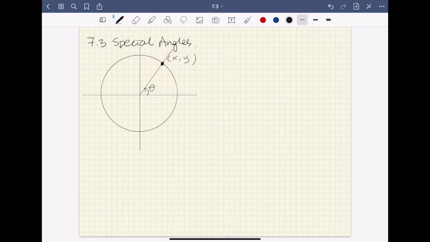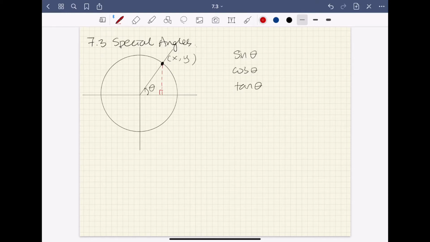We know that in order to calculate the three trig functions, sine, cosine, and tangent, we'll need to construct a vertical line to the x-axis so that we have a right angle